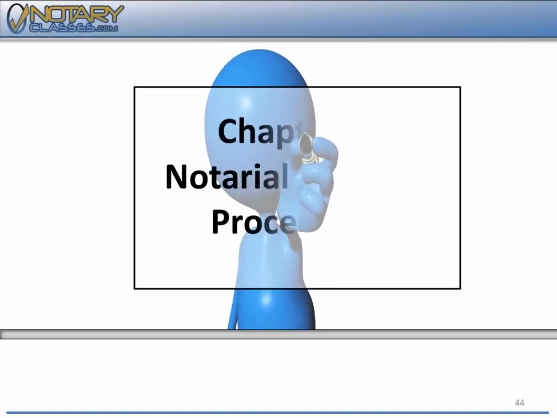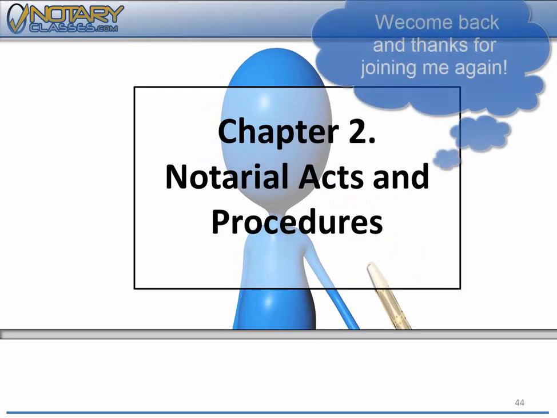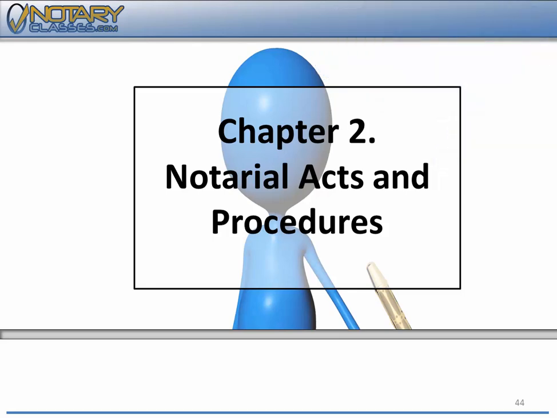Okay, welcome back. We're moving on to chapter number 2, which is Notarial Acts and Procedures. So, welcome back to the online version of the functions and duties of a California Notary Public. And let's move on and start talking about some of the important notary tools that you're going to need to